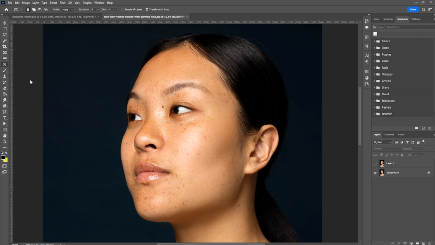Then we have our red eye tool. This gets rid of red eyes, right? Okay, now we have our brush tool. As the name implies, what the brush tool does is it just helps you to paint. It's like a brush, it helps you to paint on your canvas, right? So we have something like this. Let me create a whiteboard here to show you what I